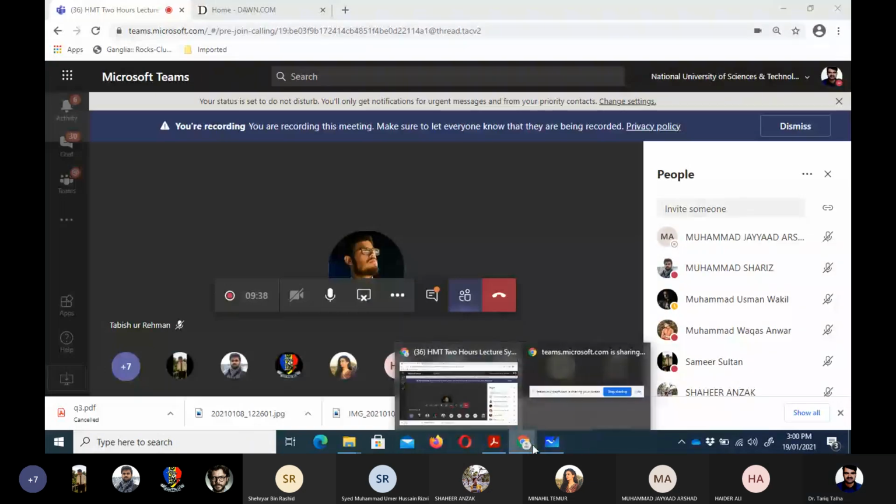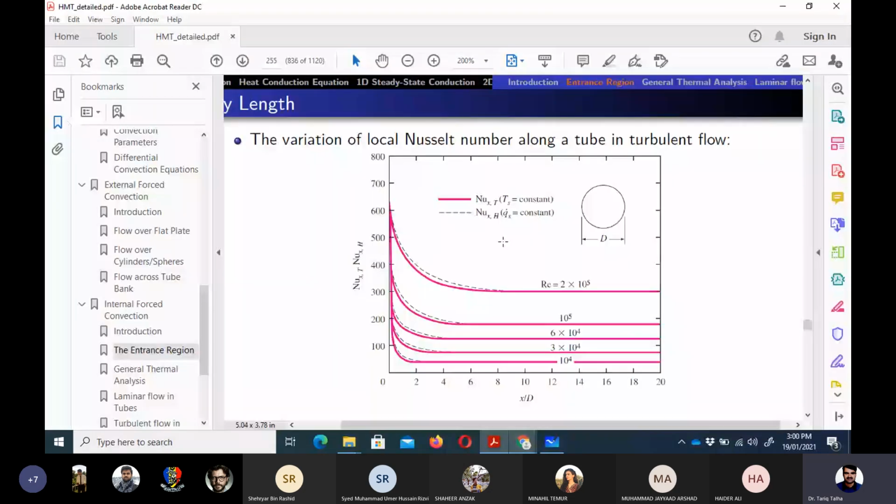So as we were discussing here, if you concentrate on the solid lines at the moment, you can see that different curves have been drawn for the Nusselt number and zero mean entrance length, and here we have on the x-axis x upon d. X upon d means the ratio of distance from the leading edge of the pipe divided by its